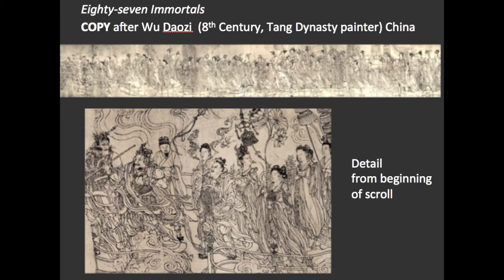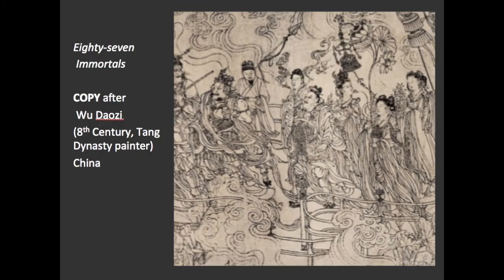The 87 Immortals by the Tang Dynasty master Wu Daozi provides an example of the extraordinary brushwork and line used to represent forms and human figures in the painting. The 87 Immortals by Wu Daozi features an unprecedented variety of line weights. There are faint, thin lines, thin to medium line weights, medium to heavy line weights, with the occasional solid black.